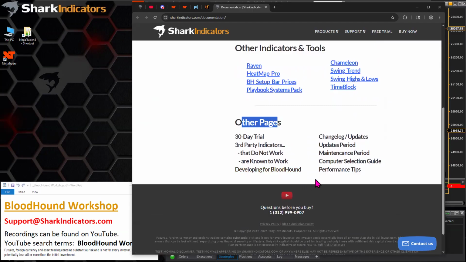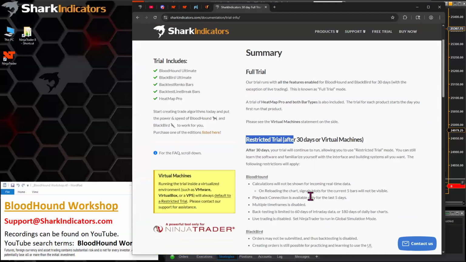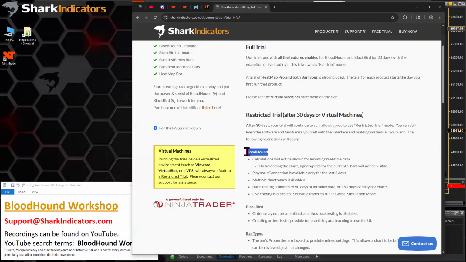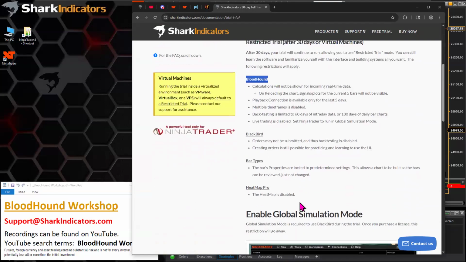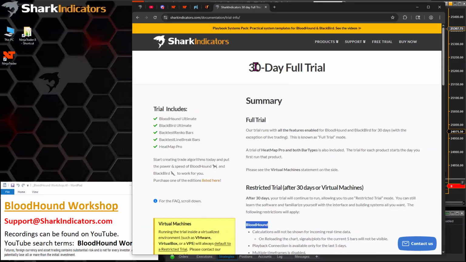and let's see, there you go. I'm always looking for trial over here, but it starts off with 30-day trial. There we go. So you can go to the 30-day trial right there. And so this explains what's the full trial versus what's the restricted trial, for both Bloodhound and Blackbird there, right? So there's an explanation of how the trial period works there for anybody